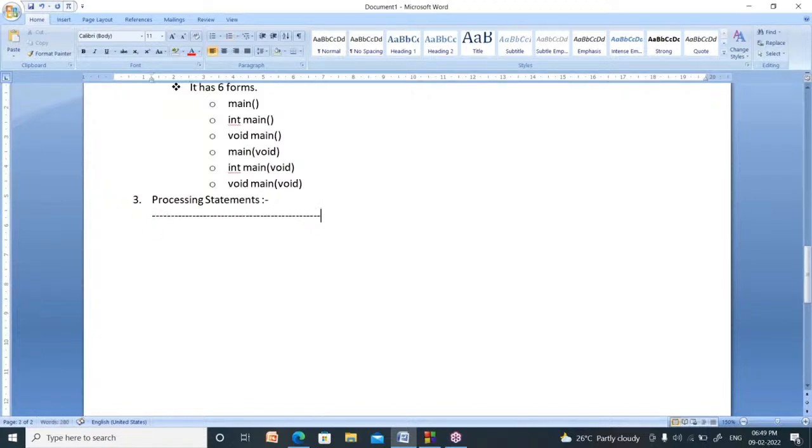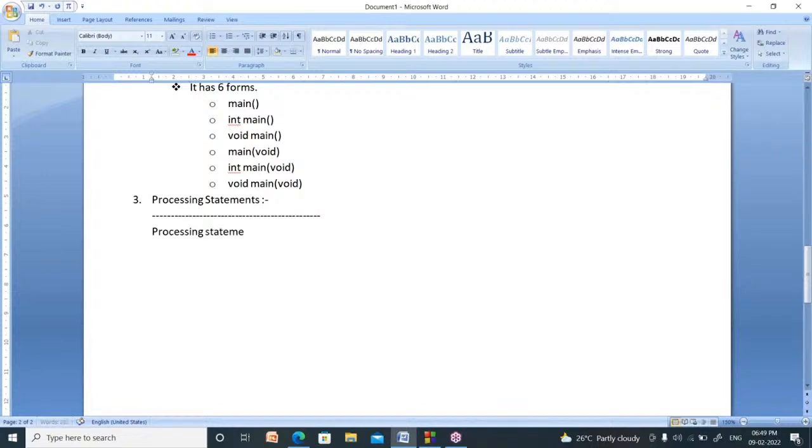These statements have three tasks. One is what to do to solve a problem. Second, how to do, in which procedure you have to solve that problem. Third, when to do, at what time you have to do the task. Processing statements are nothing but the code.